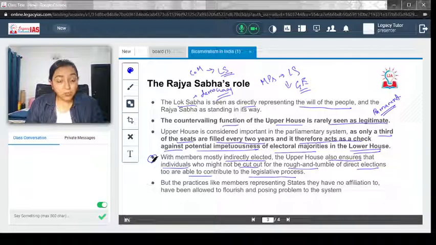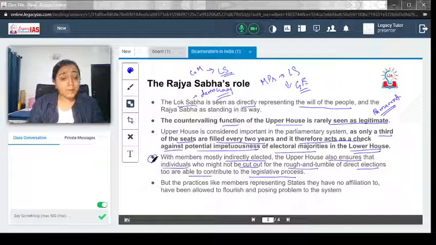But over here, he is somebody who is learned, who has the experience, who knows how to make a law. It's just that he's not a very public speaking person, let's just call it that. So this provides such a person an opportunity to participate in the legislative process. So these are the two important roles to consider when we are talking about the role